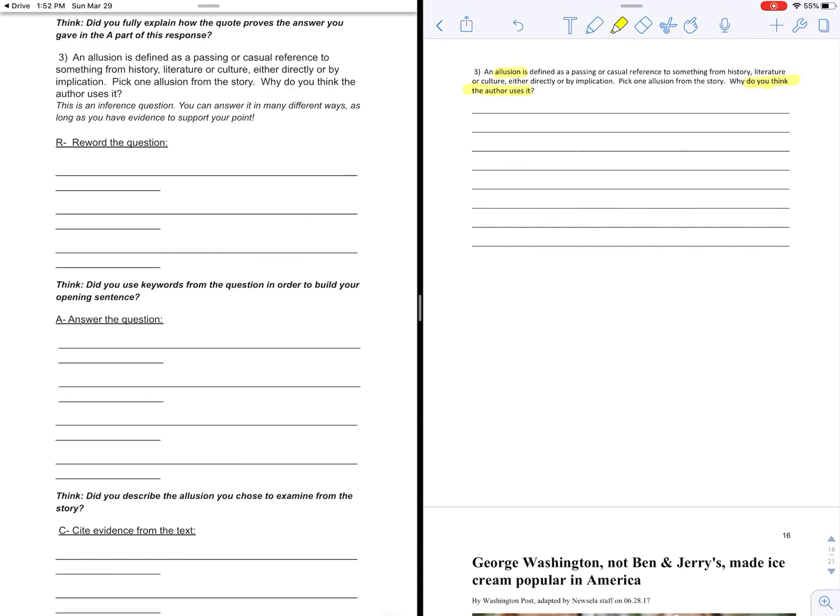So you're going to pick any allusion you want and talk about why the author uses it. So to turn that question around, you're going to have to tell me that there are many allusions used in the story. And I think if you go back and count, it's going to be pretty obvious how many were used, right? You can decide to talk about the fact that some of them are fictional, some of them are non-fictional. That's up to you. But the core of the question really just wants you to pick one and explain why the author used it, right?